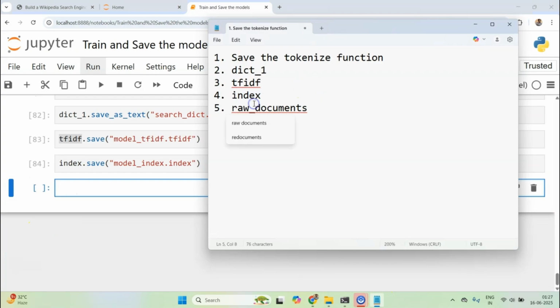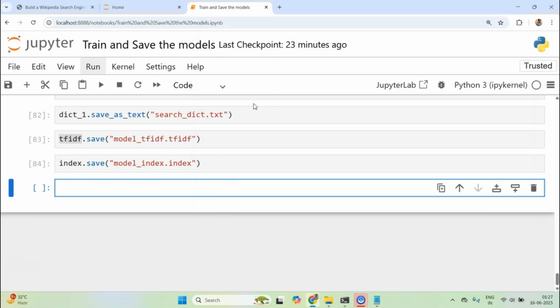Now what can I do? I can also store my raw documents. Now how can I store my raw documents? There are multiple ways I can do this.